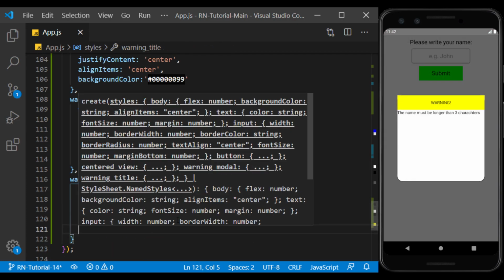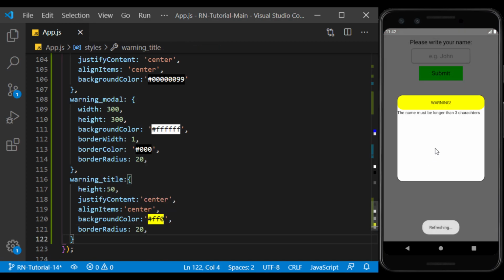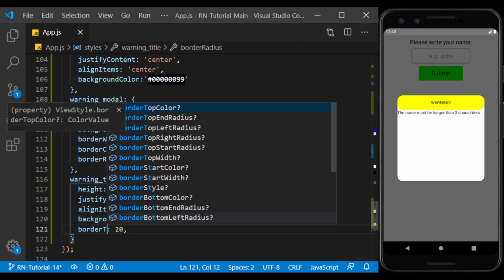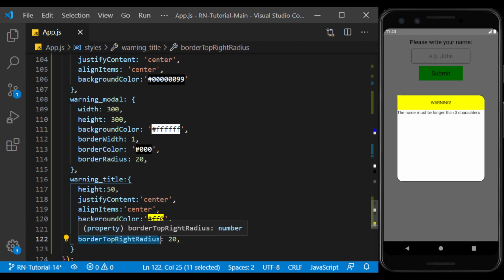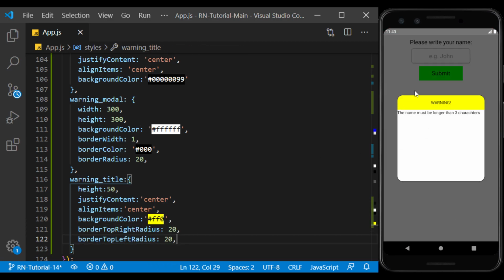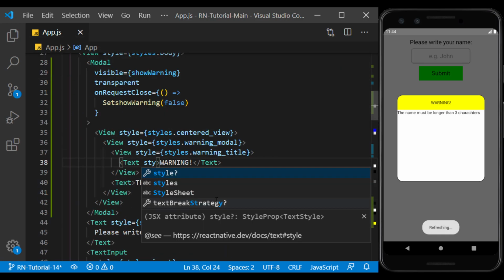I round the corners to match the parent view. But we should only do this for the upper corners. I style the text to make it look better.